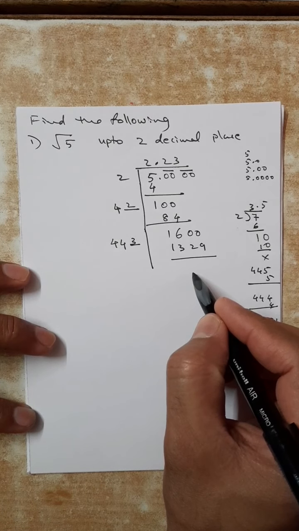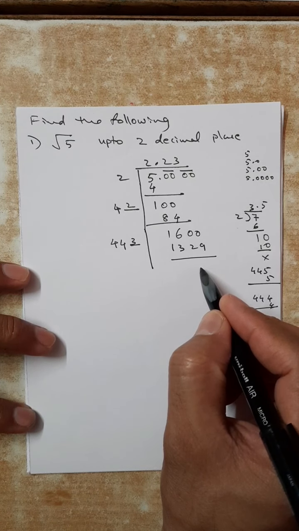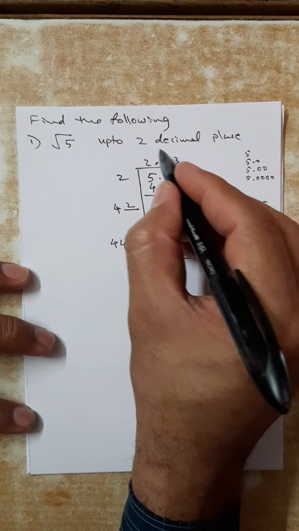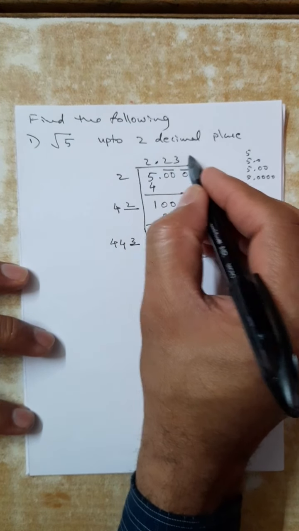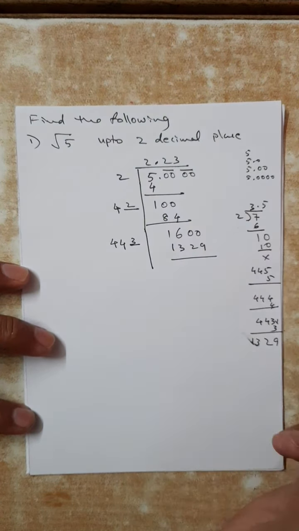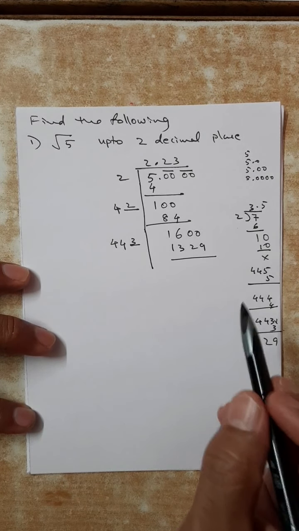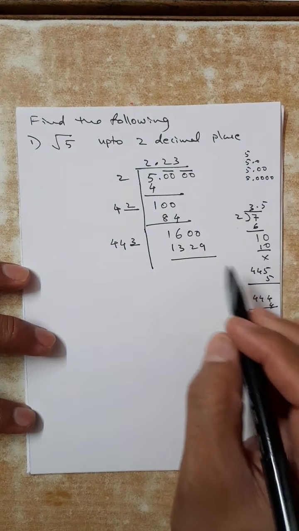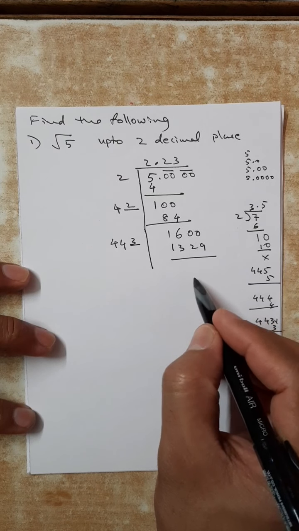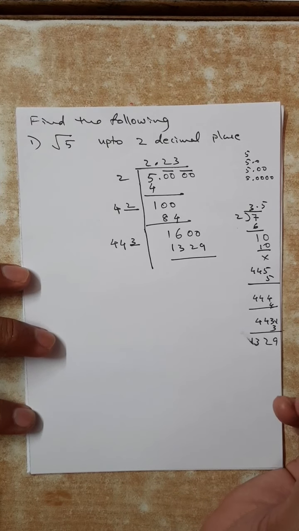Now we can subtract. Something will be there. If I need again more than 2, that means one more digit, I need to bring down another 0 0. Next group I will bring down and then I will continue. But I need only 2. So 2 I got. So I am not even continuing. I am not even subtracting also. Leave it there. Work is over.